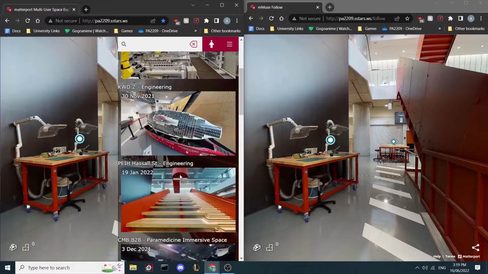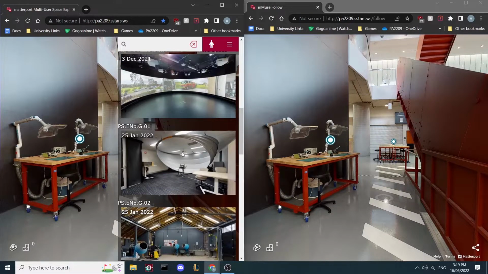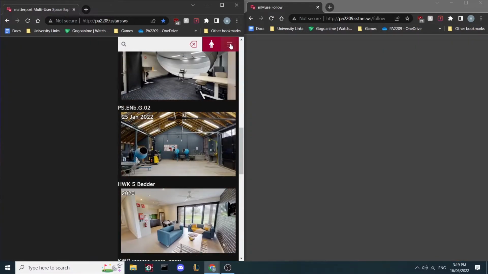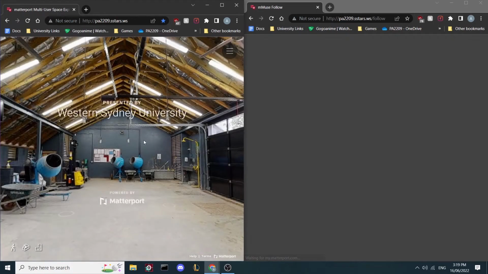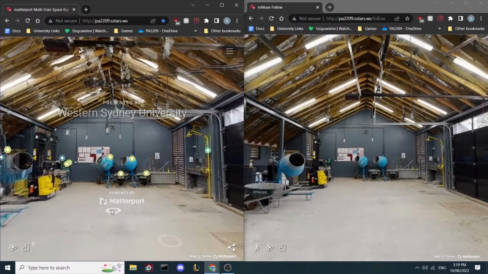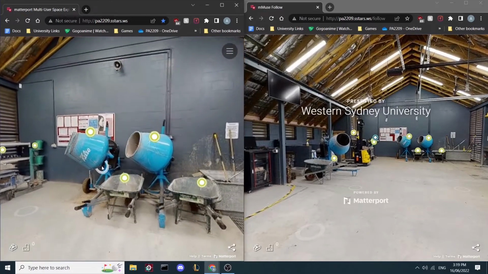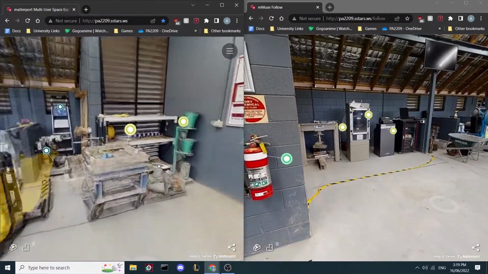This will all work regardless of whatever space you're in. So if you decide to showcase a different space, the follow screen will follow you into that space, and the sweep will change, the camera, all the events will trigger based on